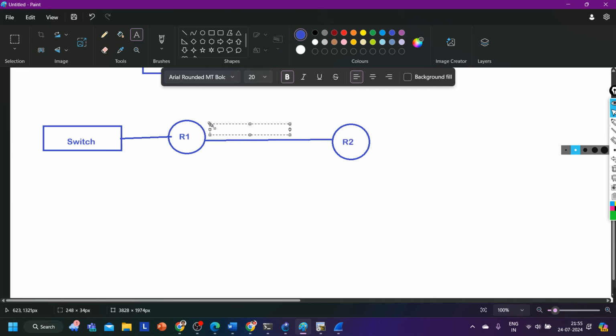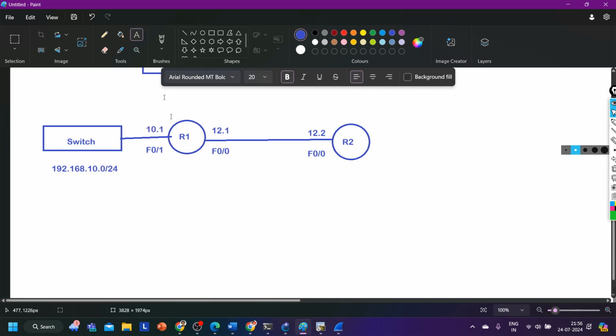IP address 12.1 F0/0. IP address 12.2 F0/0. Here the network is 192.168.10.0/24. Here the IP address is 10.1, let's say,